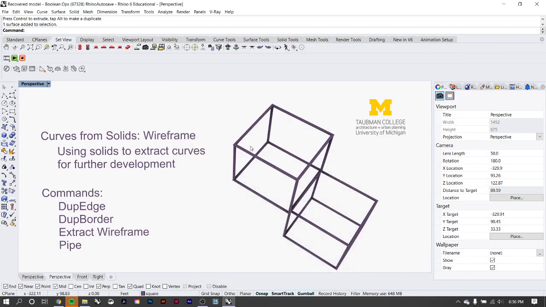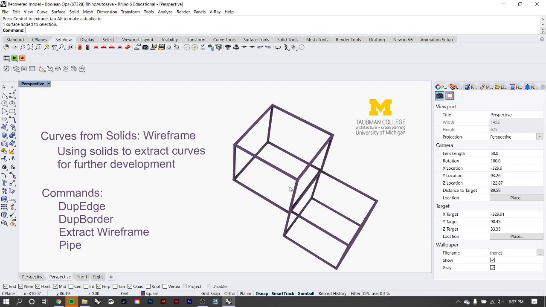Hey everybody, so we have a really quick tutorial right now. We're going to be doing how you get curves from solids, from solid objects, that we kind of covered in the last tutorials. And specifically in this case, we're going to look at the command wireframe, which is essentially taking all of the ISO curves from an object and turning them into curves that you can manipulate later on, and then I'm going to show you how to make those specific curves into solid objects